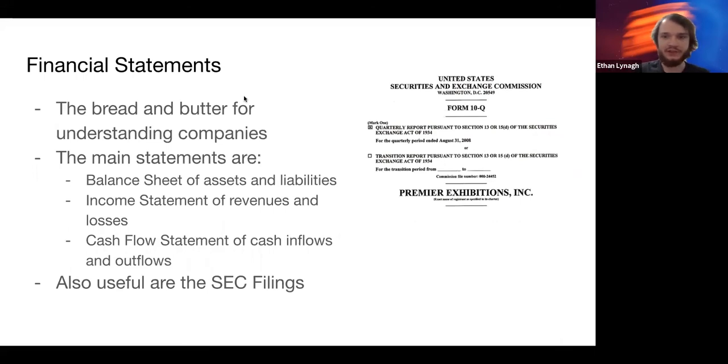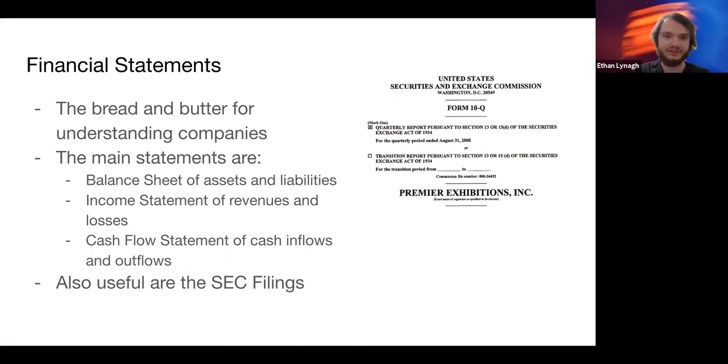And then to track all of this, most public, or I guess all public companies are required to file SEC filings. These are a variety of different forms that keep the public and also their stockholders up to date with what's going on in the company. This is how most investors keep track of how much money public companies are bringing in and so on.